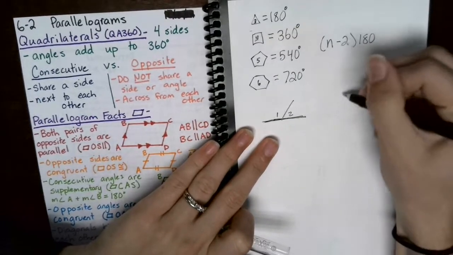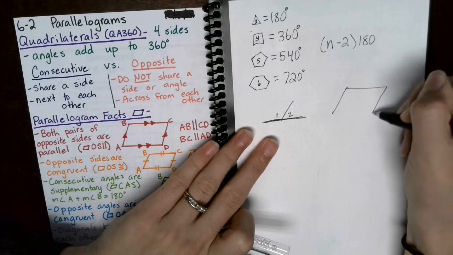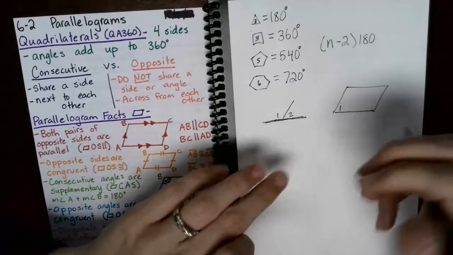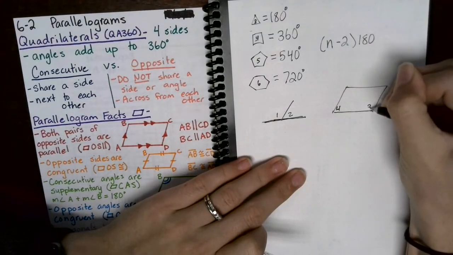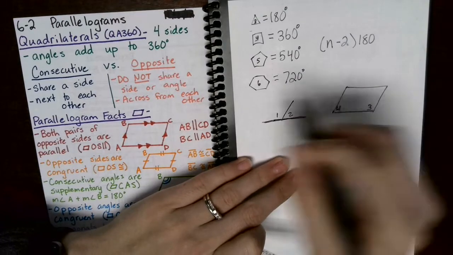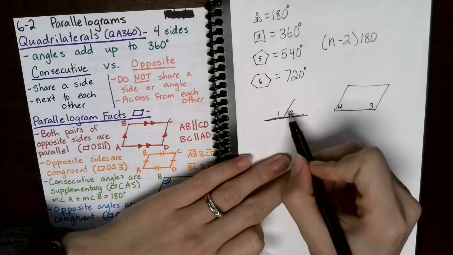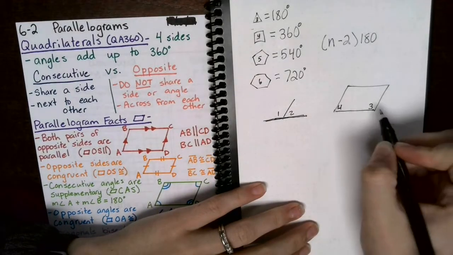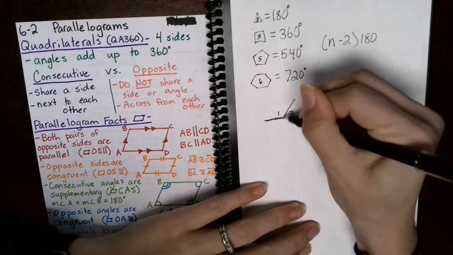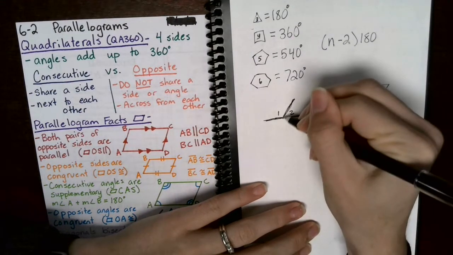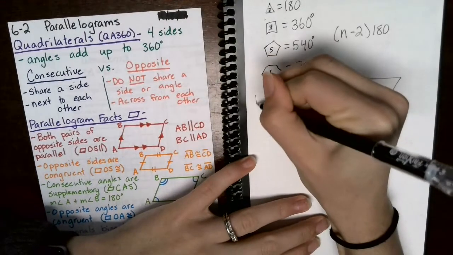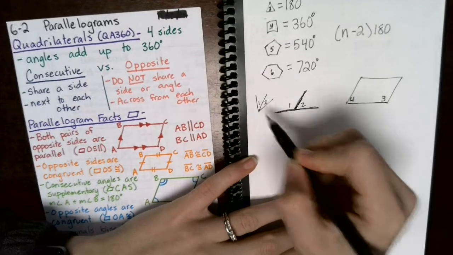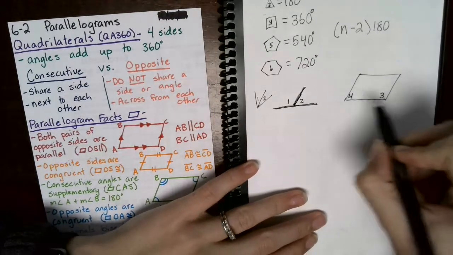Consecutive is a little bit different. Let's say, and I'm just going to draw a quadrilateral here. These angles right here, I'm going to call them 3 and 4. Those two are consecutive, okay? Do you see how that's different from 1 and 2? So that's something to think about. Consecutive, they're next to each other, but not right next to each other like adjacent angles are, okay? So keep that in mind. Remember, adjacent angles don't have to be on a straight line, okay? Those are also adjacent angles, 1 and 2. 3 and 4 are